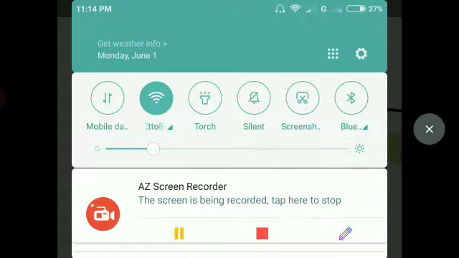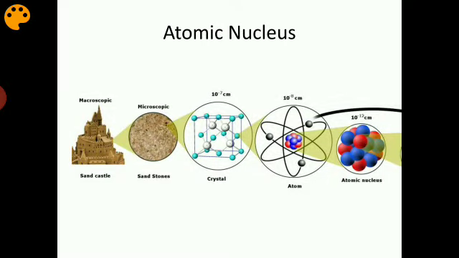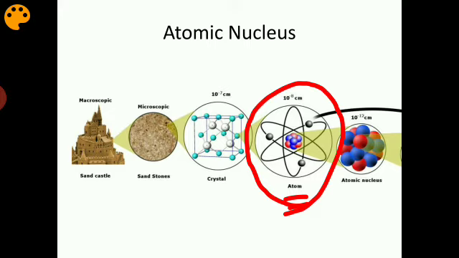We know all matter is made up of molecules, and each molecule is made up of one or more atoms. And if we look into an atom, what do we see? In an atom, the central part is the nucleus, and surrounding the nucleus, electrons are orbiting. This nucleus is positively charged and is concentrated at the center of the atom.